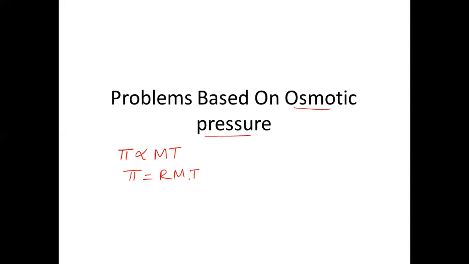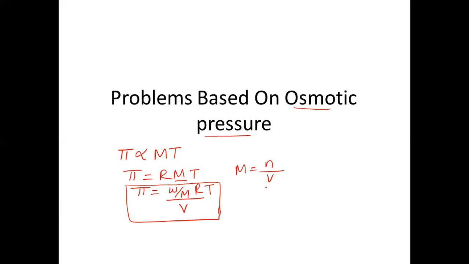is temperature in Kelvin. So the formula is pi is equal to M, which can be replaced with given mass by molecular mass, that is the numerator, number of moles, in the molarity. You know that molarity is equal to number of moles divided by volume of the solution in liter. Therefore, divided by volume, and in the numerator R into T as it is. So this is the formula which will be helpful for us to solve today's problems based on osmotic pressure. Let us see which are those problems.